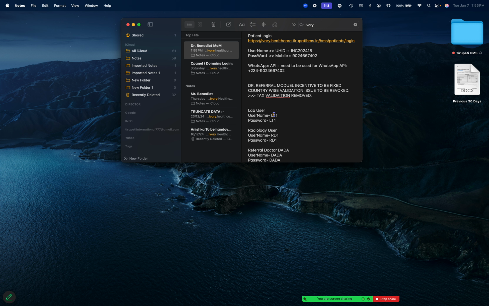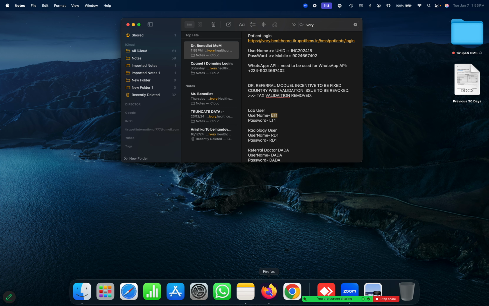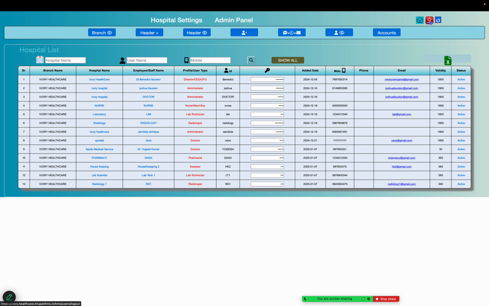So for example, if we want to use a radiology user's credentials, we log out of the software and come back.